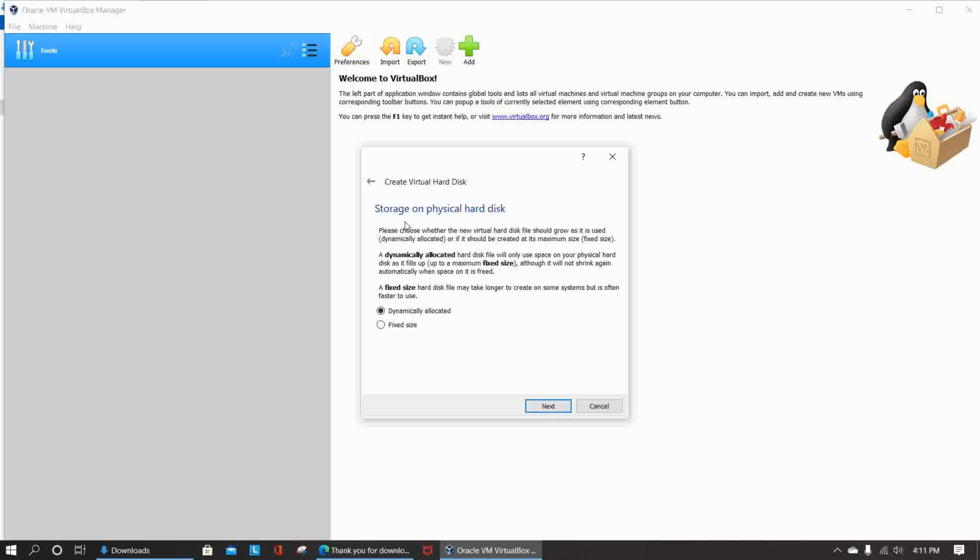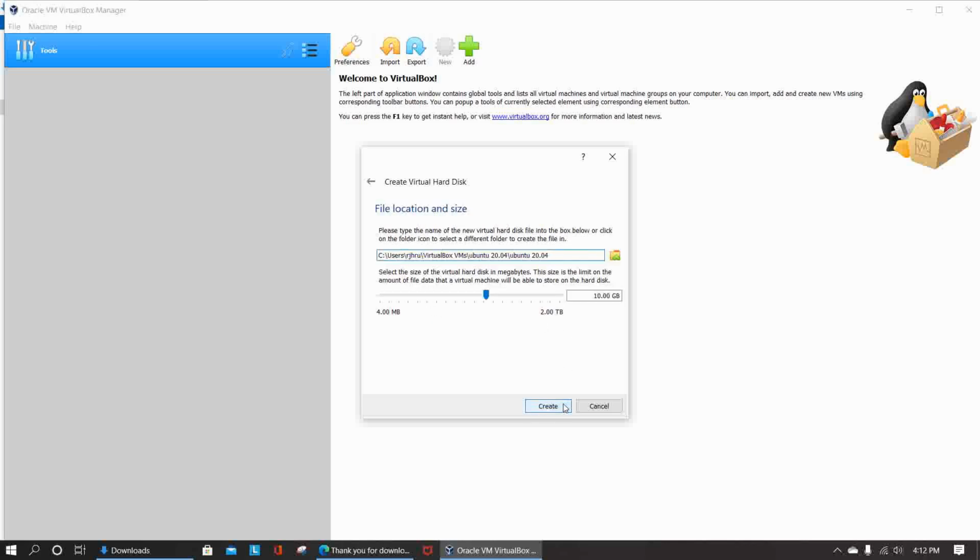Here it is asking about storage on physical hard disks, and there are two options: dynamically allocated and fixed size. Here I have written what dynamically allocated and fixed size are. Dynamically allocated means it is an option which will allow your Ubuntu operating system to expand the disk size if required, and fixed size is the fixed size. So we will choose dynamically allocated and click on next.